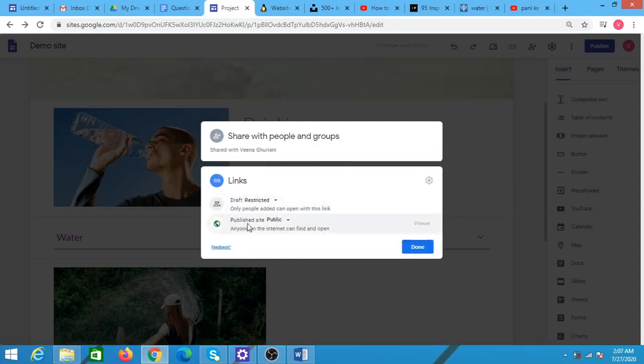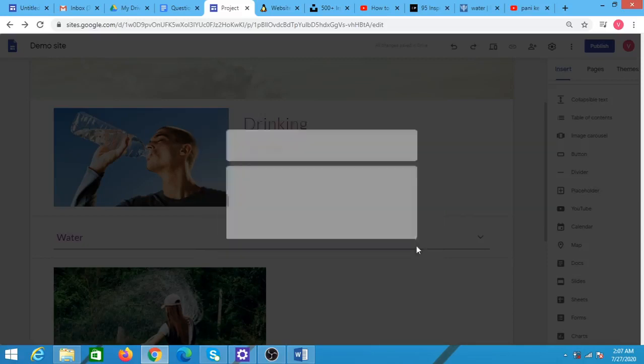Now when you go to change option, you can see that the published website is public. I can just click over here to see what are the options available. If you want, you can restrict it. If you want that only the users of Metri College can see them, that means only those who have mail IDs belonging to the Metri domain, you can click this particular option. Or if you want to make it public, that means anyone can view this particular website, you can click on the public option. After doing so, you can simply click on the done button.